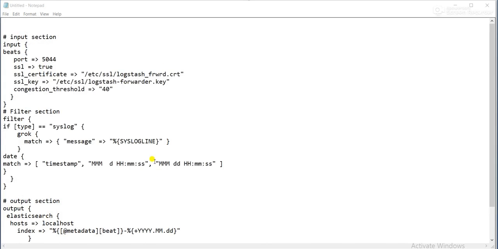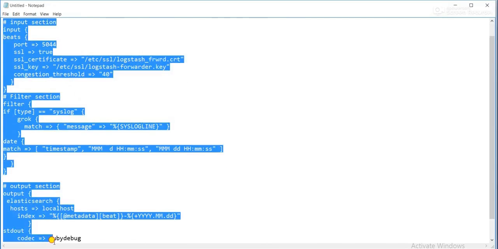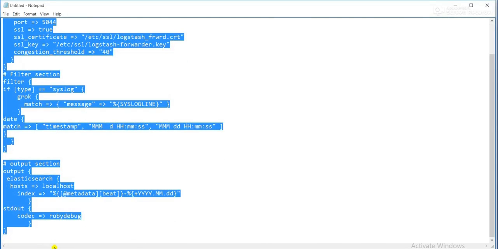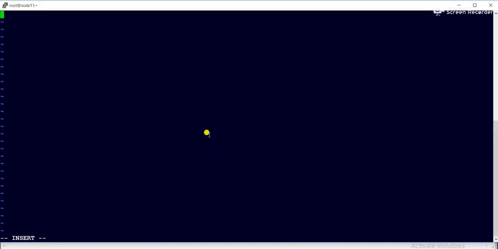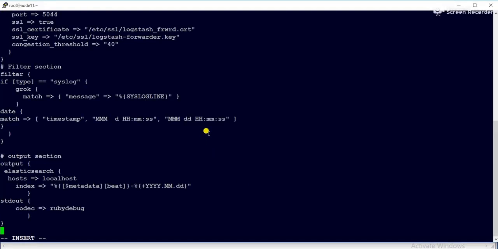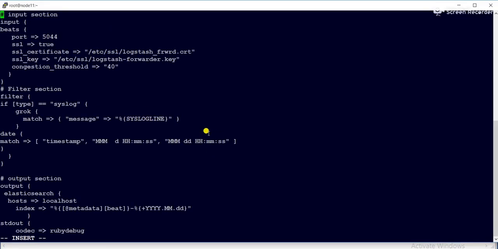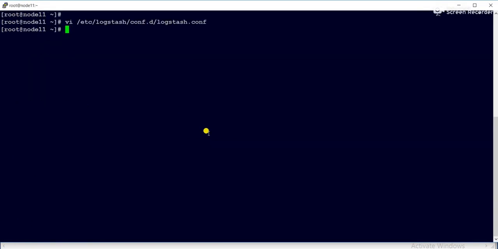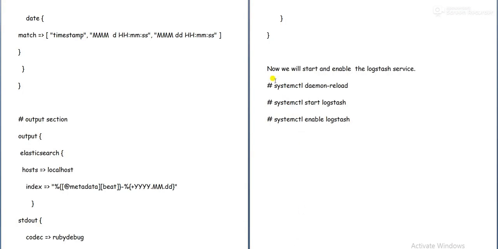So I will copy the whole content, then paste. Now save and quit.